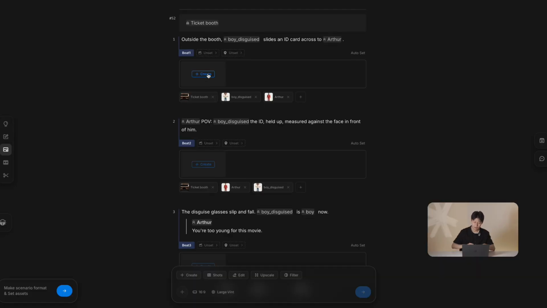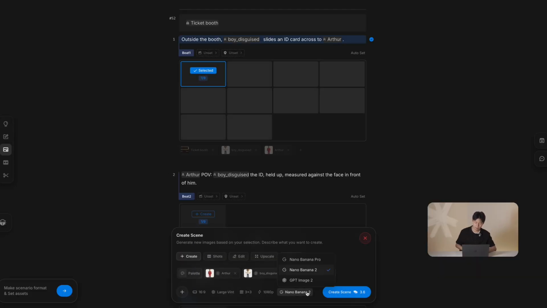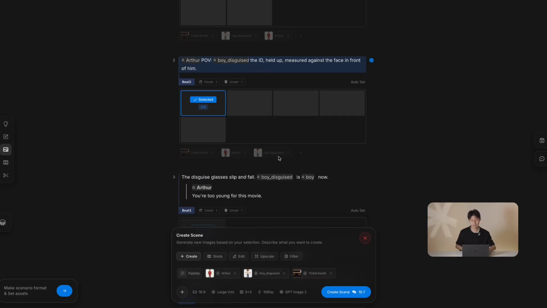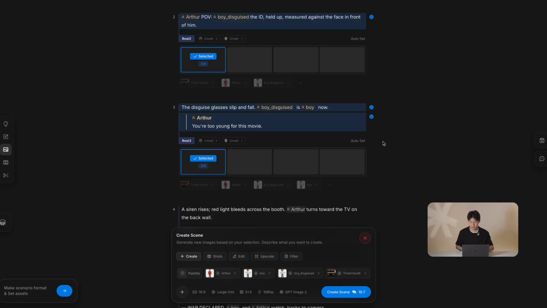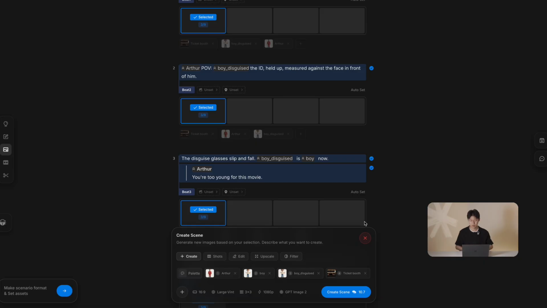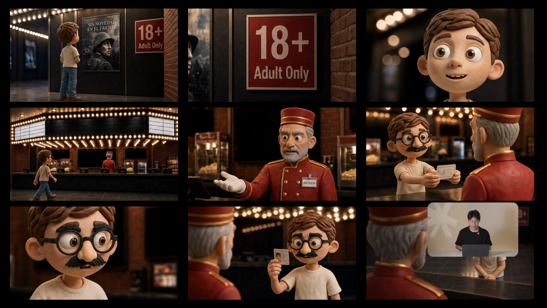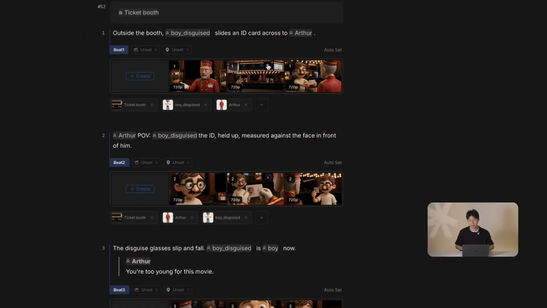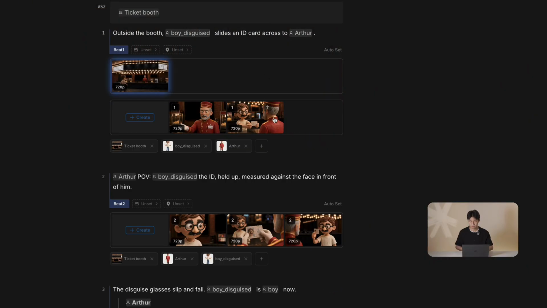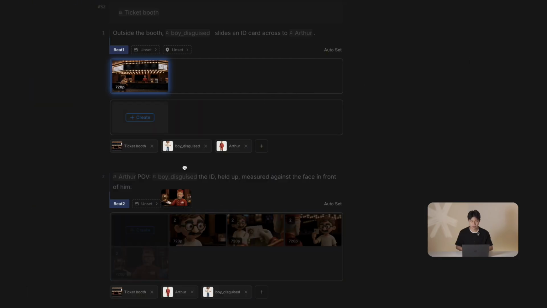So I click create with GPT. I want 9 scenes across 3 lines, so I set it up like this, and it splits them, 3 shots per line. And there they are. You keep your favorite shots by clicking this arrow and archive the ones you don't want. You can drag and drop images to different lines.